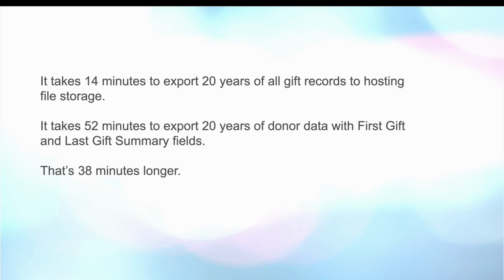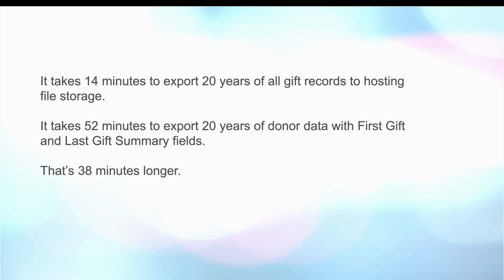If you want to break it down by the numbers, in my case, it took about 14 minutes to export 20 years of all gift records to Blackbaud hosting file storage. It took me about 52 minutes to export 20 years of donor data, constituent records, with first gift and last gift summary fields. As you know, summary fields really slow things down. There's not a great deal of benefit to doing just the summary field way. So that's 38 minutes longer,